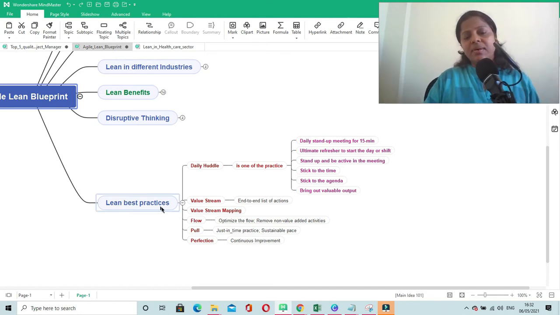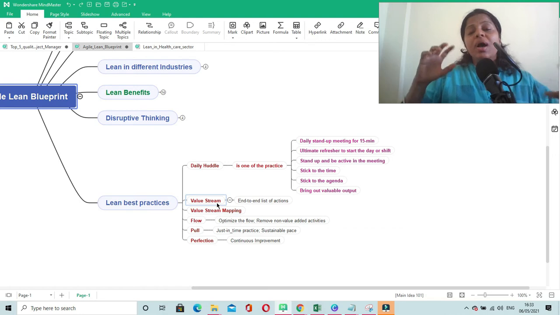The next best practice is we have to understand value stream. Value stream is the step-by-step sequence of different tasks or actions that we perform in a process. So here, in short, we can call it an end-to-end list of actions. And value stream mapping means you will be analyzing the value stream, and you will be trying to remove the non-value added activities.